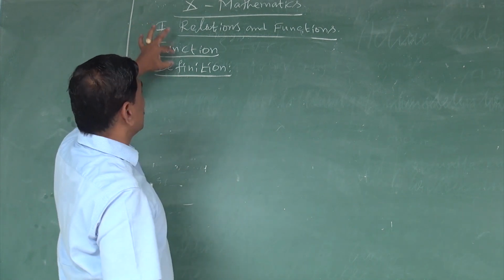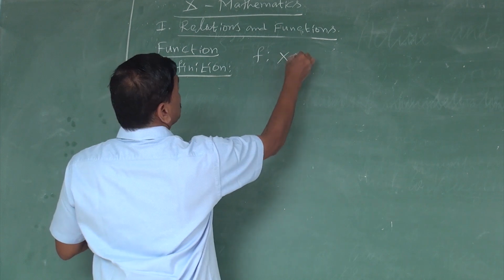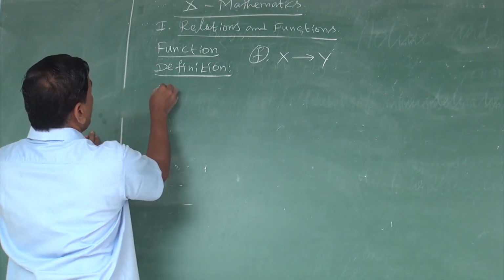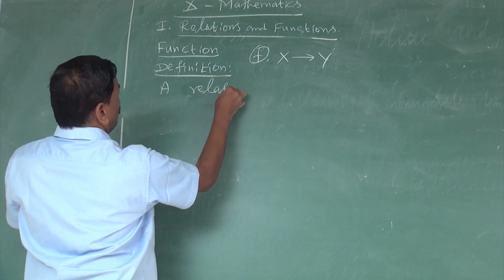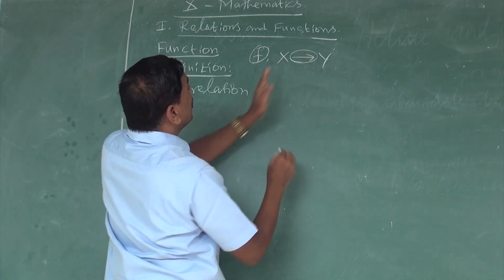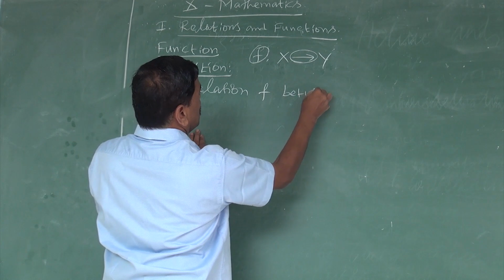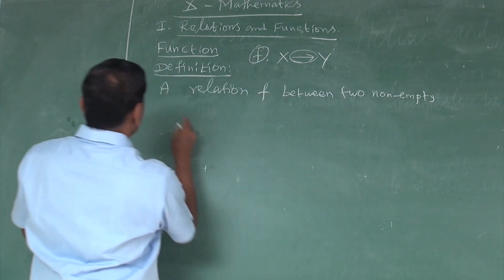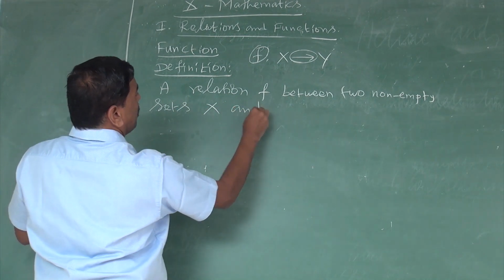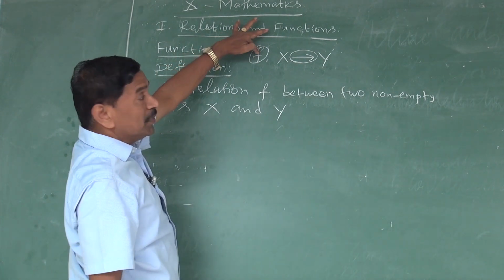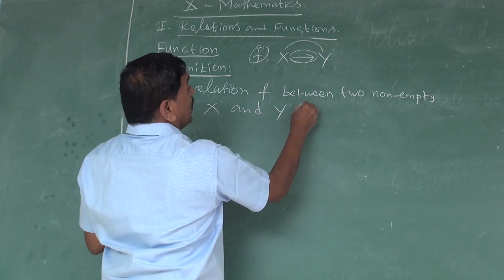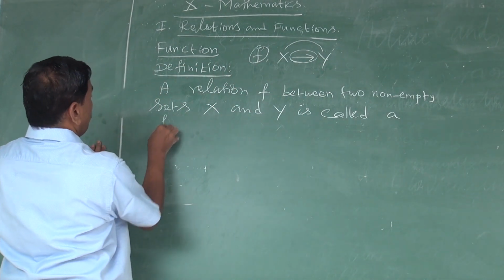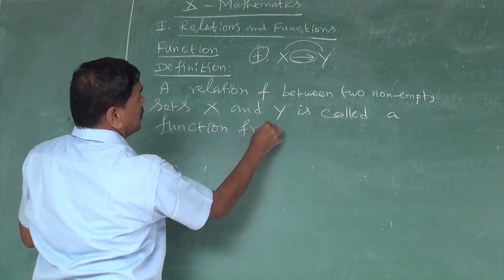Children, listen. Function definition. Listen to the rough idea. f is a function from X to Y. A relation f between two non-empty sets X and Y is called a function from X to Y